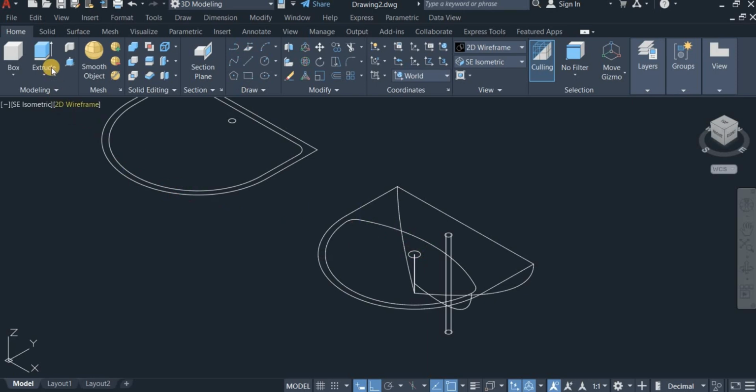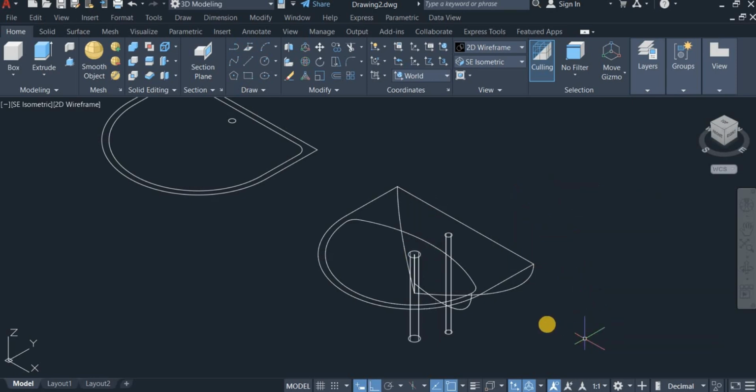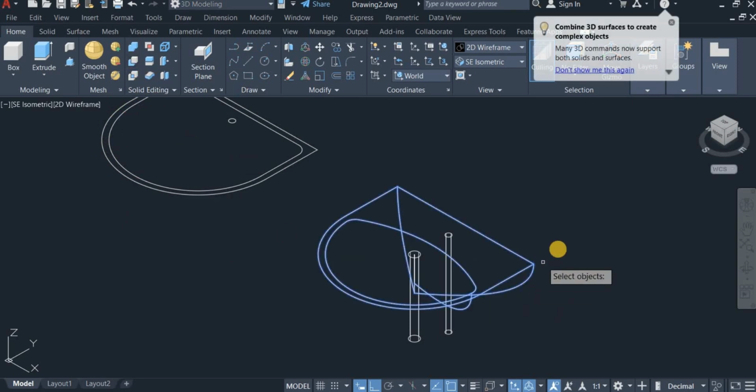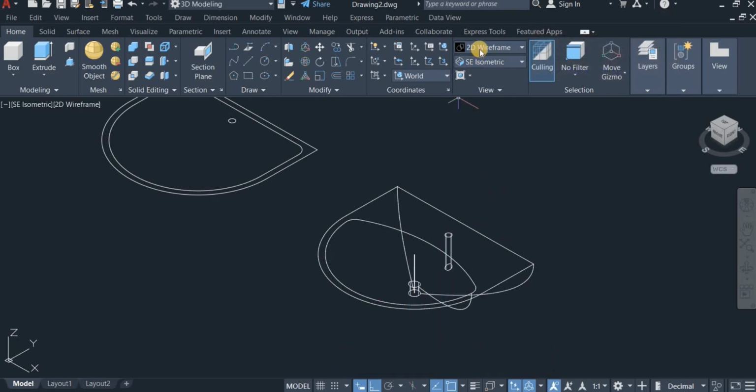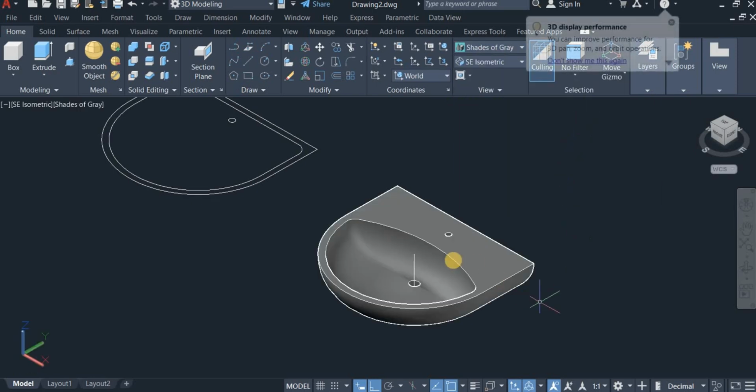Also extrude this. Click extrude. Click on this and extrude. Again, I'm going to subtract these two from this. So I click on solid subtract. Click on this and subtract these two. Okay, so let's view and see how that looks like. Click on here and choose this. Okay, we've gotten this. So next I'm going to